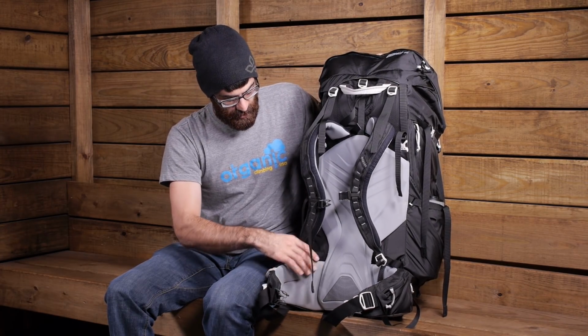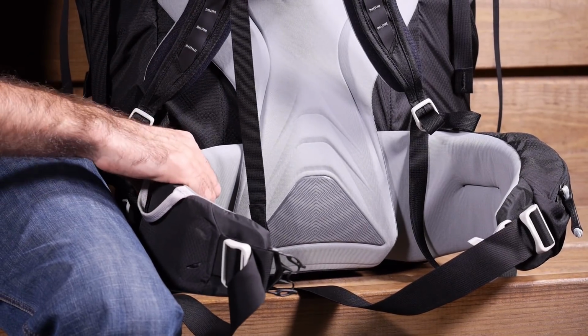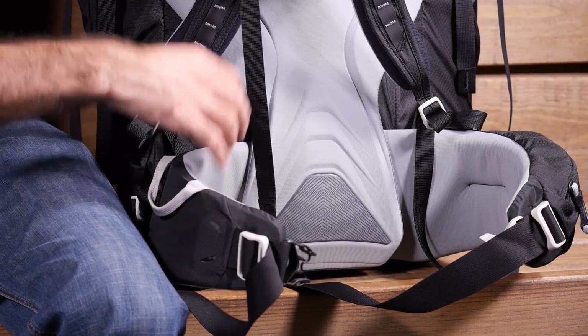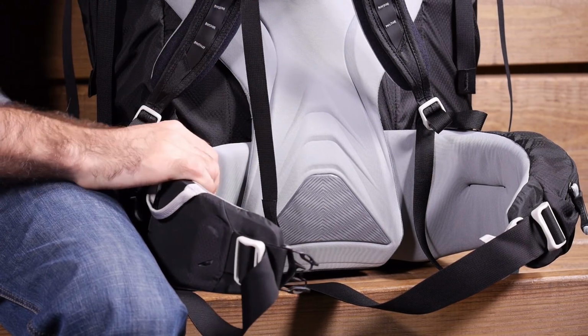The hip belt is an auto cant hip belt as well. So it is individually flexible. It'll move with the user again. It'll still transfer that load to the hips comfortably, but it'll allow for a lot of movement, a lot of mobility and flex with that hip belt. It is pre-curved, and it is a unisex pack, so it is designed to fit a wide range of different